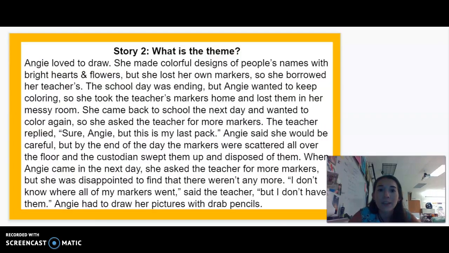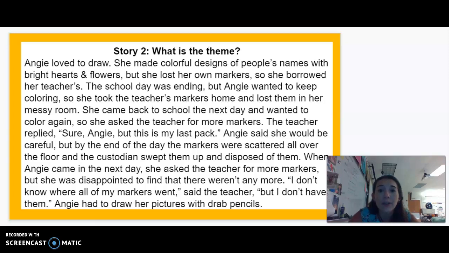Let's talk about the theme for this one first. Angie loved to draw. She made colorful designs of people's names with bright hearts and flowers, but she lost her own markers, so she borrowed her teacher's. The school day was ending, but Angie wanted to keep coloring, so she took the teacher's markers home and lost them in her messy room. She came back to school the next day and wanted to color again, so she asked the teacher for more